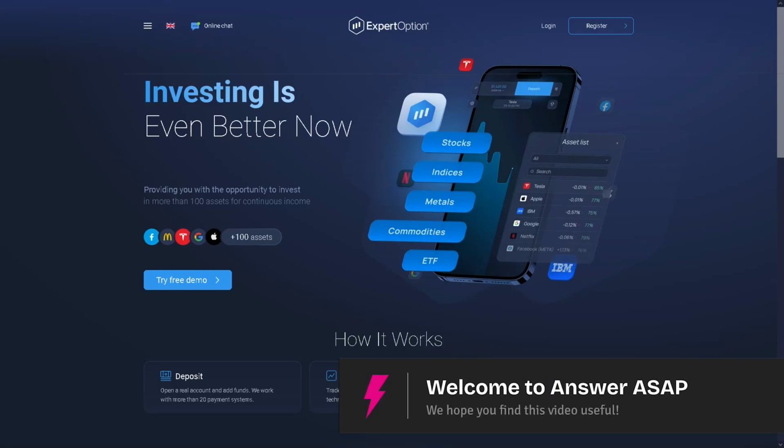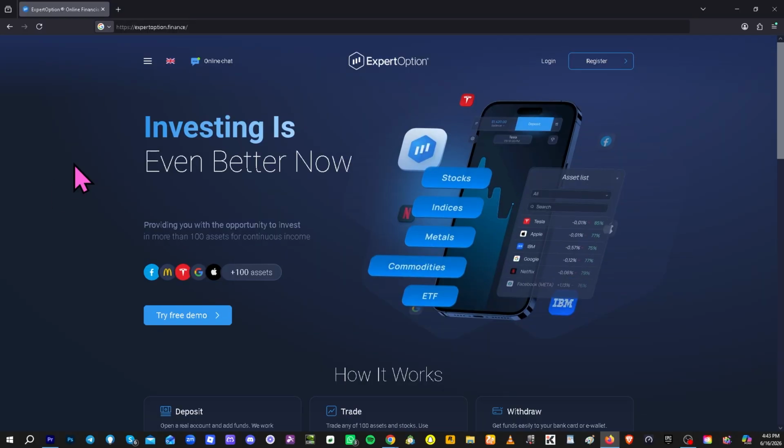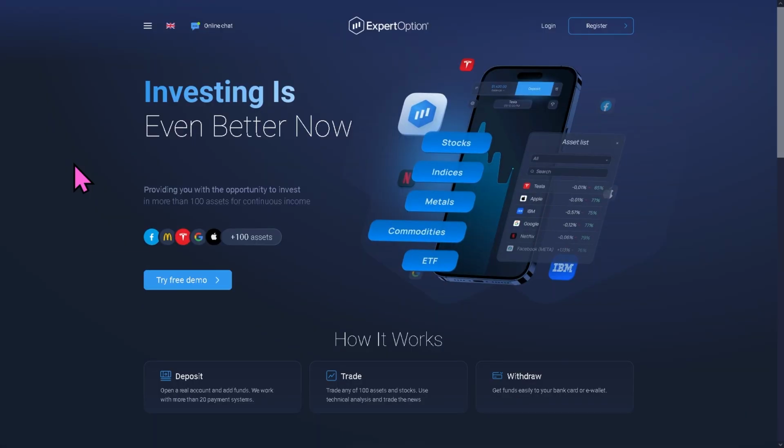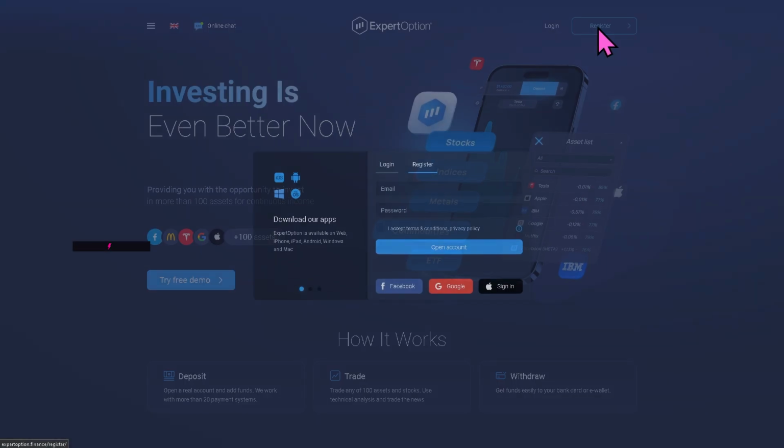In today's video, we are going to show you how to create a real account on Expert Option. Now, the first thing that you need to do is open your preferred web browser and go to the official website, which is expertoption.finance. Once the homepage loads, look for the register button, which can be found on the top right corner, and